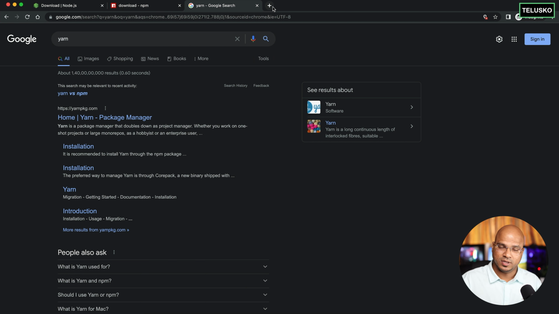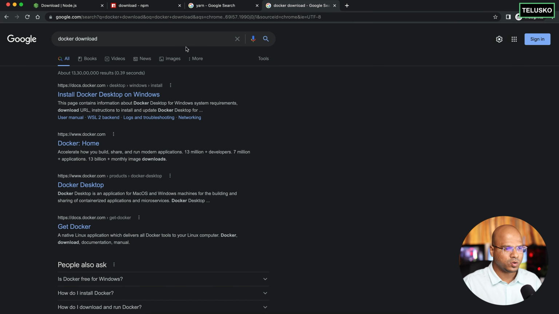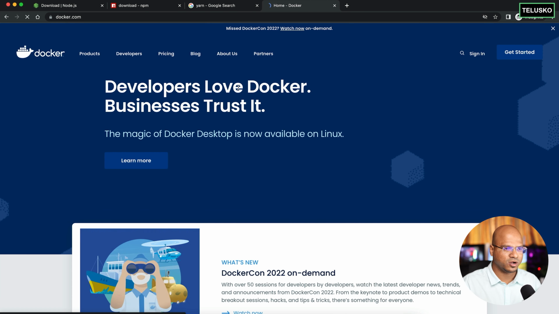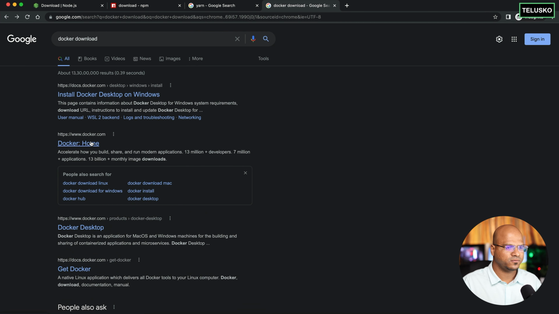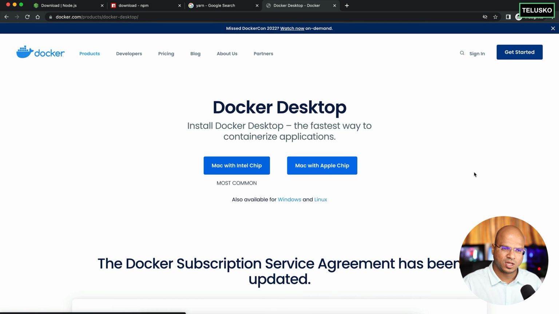Okay, the next thing you need is Docker. Of course, you need to run this on your machine, and it is better to have Docker to run it, because by default, the image which you get runs on Docker. So make sure that you get Docker. How will you download it? Search for Docker download, go to the Docker website, and download Docker from there, or from Docker Desktop, depending upon which machine you're using. It has options for Windows and for Mac. So make sure that you've got node, npm, yarn, and Docker.